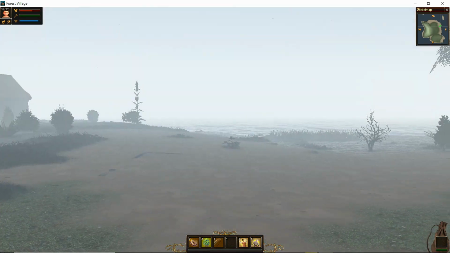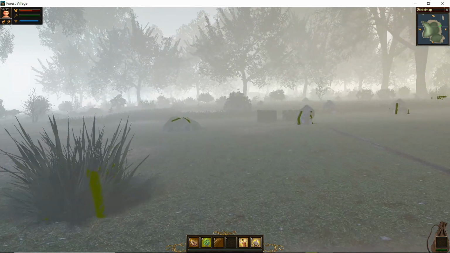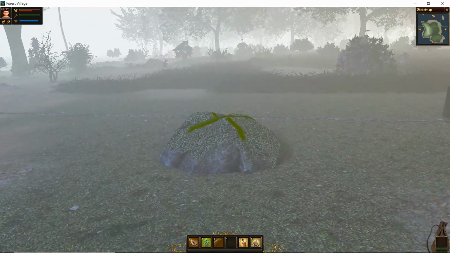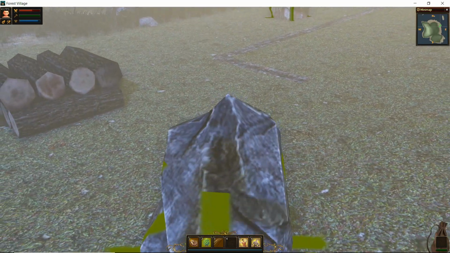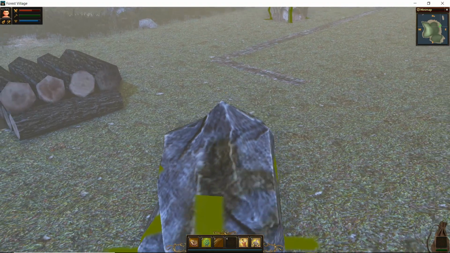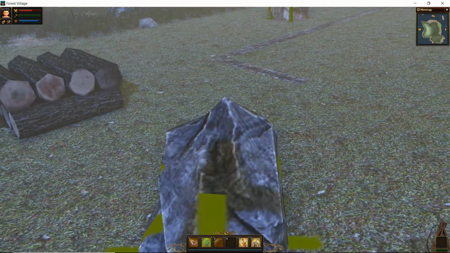Holy crap, it got foggy. I literally only mined for like 1 or 2 minutes and it got super foggy. Wow. I guess let's mine the small one. And yeah, that might actually happen frequently because I only post one new...